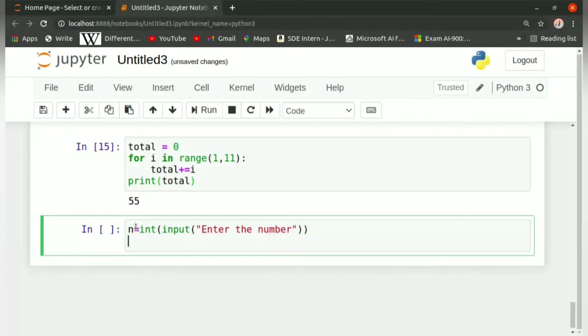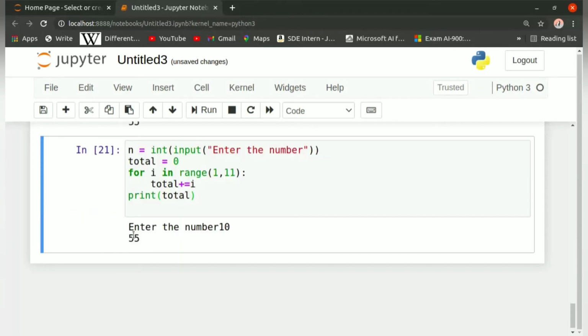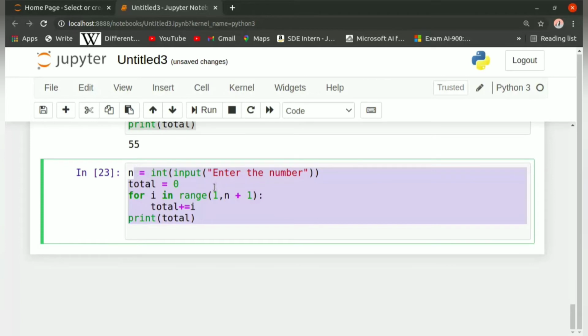Now the remaining code is the same, with a slight change: instead of writing 11 here, we'll write n plus 1, because if the user wants the sum from 1 to 10, we have to give the argument in the range function as 11. That will be a value incremented by 1. So the range arguments will be 1 comma n plus 1.